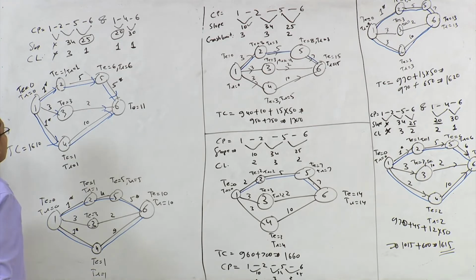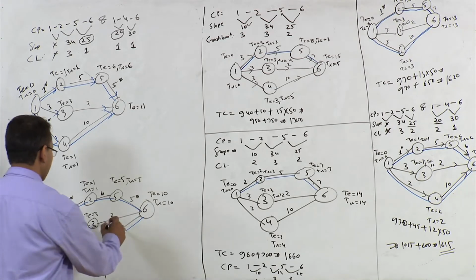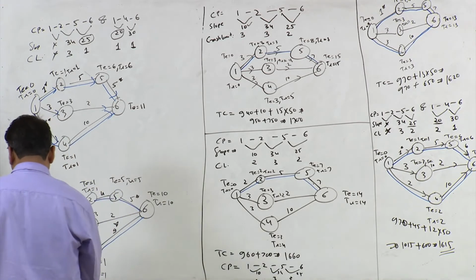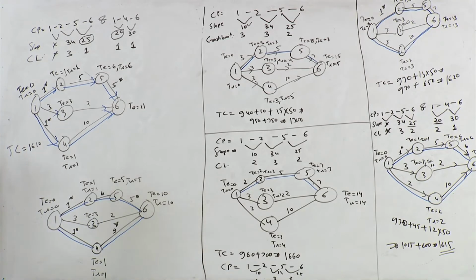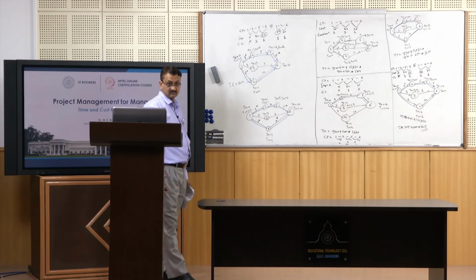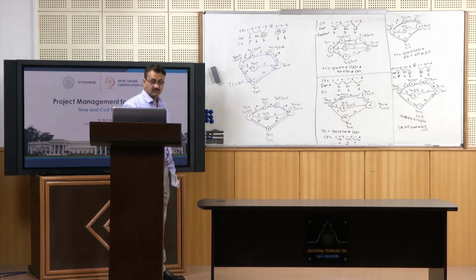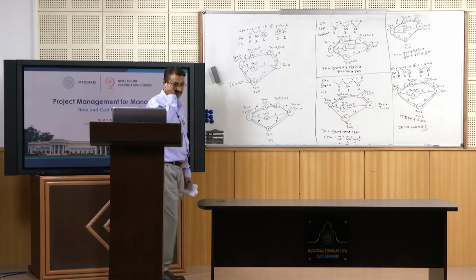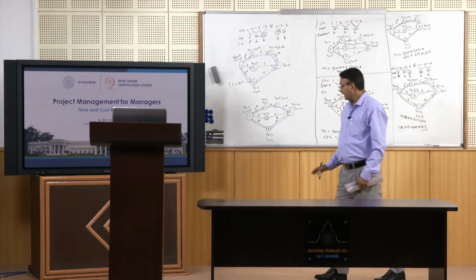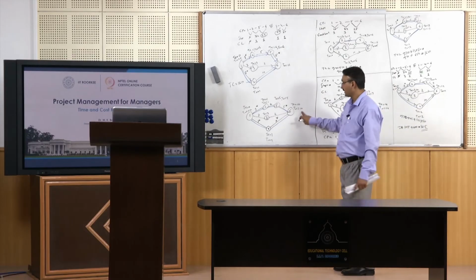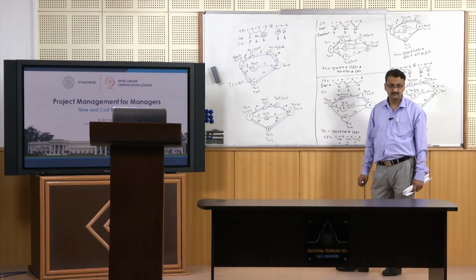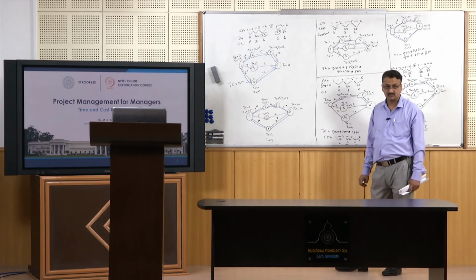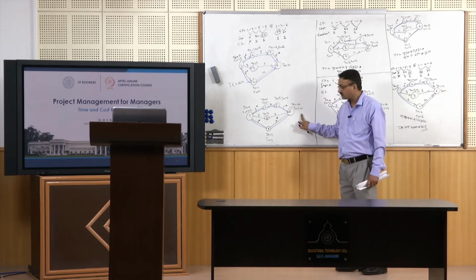Okay. So what you have done here, you have reduced activity 4, 6 and 2, 5. So for 4, 6 also you have achieved its crash limit, right. Now what? Can you further reduce its duration? Is it possible? Just think for a minute. Can I further reduce duration of this project? Yes or no? No, it's not possible,